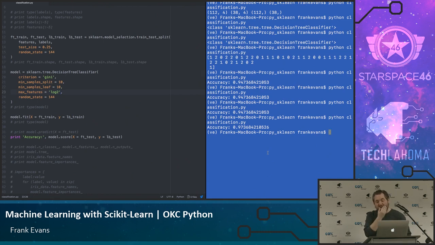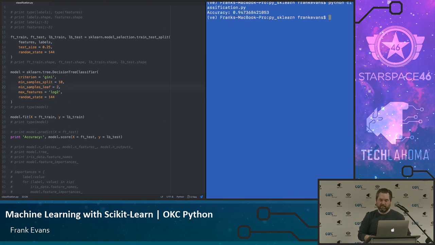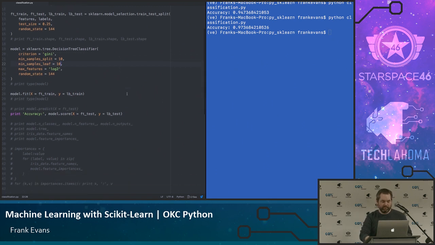Okay, anyway. So here, if I were to back this off where I'm using this method, I'm telling it to pull itself back so it can only learn in groups of 10. If it could go all the way down to groups of 2, it could probably learn something that's too specific. Yeah, 94%. But if I were to tune this up to 10, there we go. Now we're up to maybe 97%. So I can see how accurate my model is according to these different approaches.